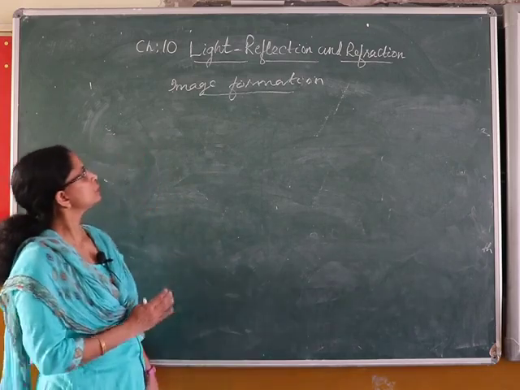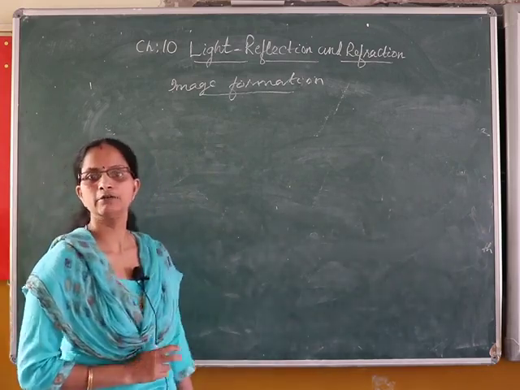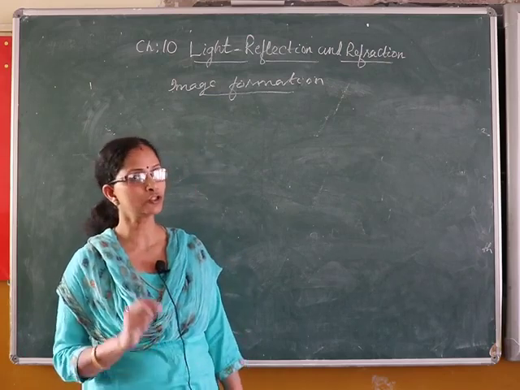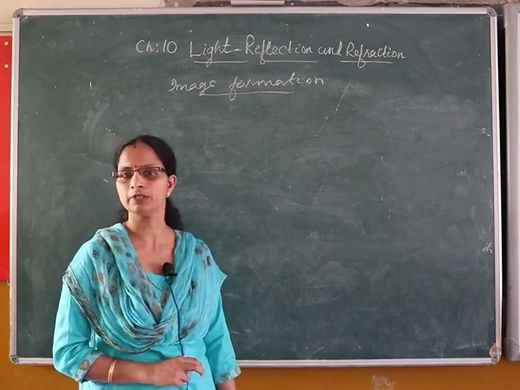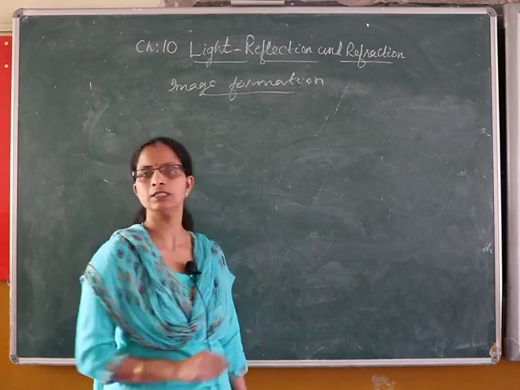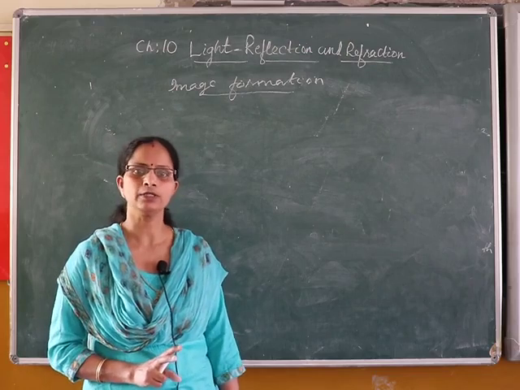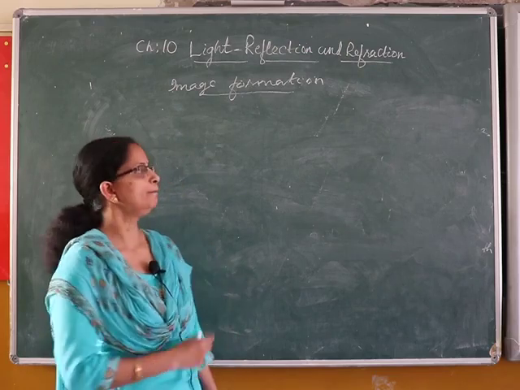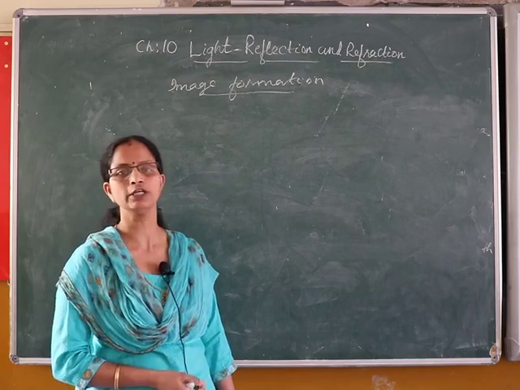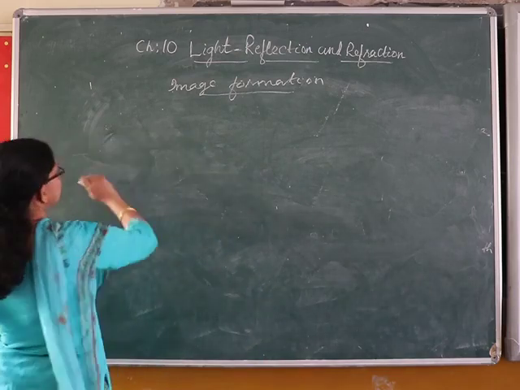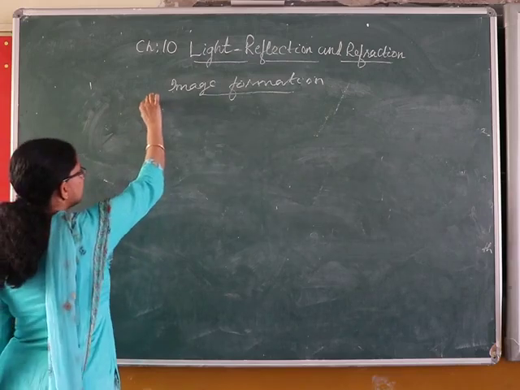So here we are going to show the image formation by ray diagrams, and to construct a ray diagram we cannot show all the light rays that are starting from the object. So we are discussing some of the light rays, and out of those any 2 light rays are sufficient for us to show the image formation of the object. So the rays are like this, in the case of a concave mirror,